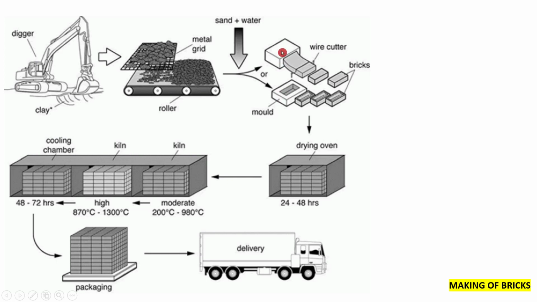One is a manual operation and one is a machine operation. So in the machine operation, the clay is continuously passed through the mold, and using a wire cutter, the bricks are cut into required dimensions. In the case of manual, we have individual molds, multiple molds, and we place the clay into it. It will form a brick with minimum strength, and then we will remove the mold and we will obtain a brick of specific size.